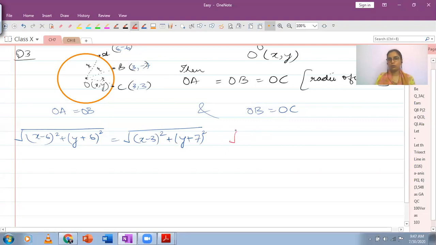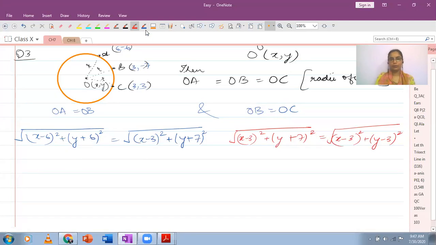Over here, I've got OB. This is the same expression as the one on the right-hand side in the first equation. Rather than writing down what I am doing, it will be better that you do it on your own. In case I write something wrong, you'll be able to catch the mistake. This is what we have. Let's solve. I'm going to cancel the square roots.